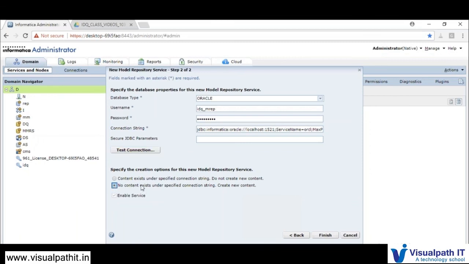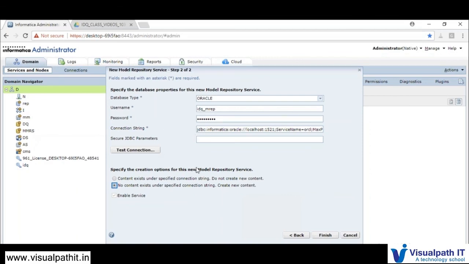This option, no content exists under the specified connection string, will create new content, which is your system tables. So the recommended system tables that need to be created by Informatica for the model repository service will be created. That content will be created under the connection which you have selected.